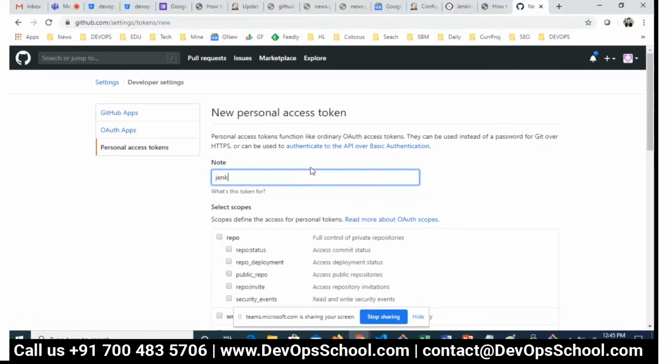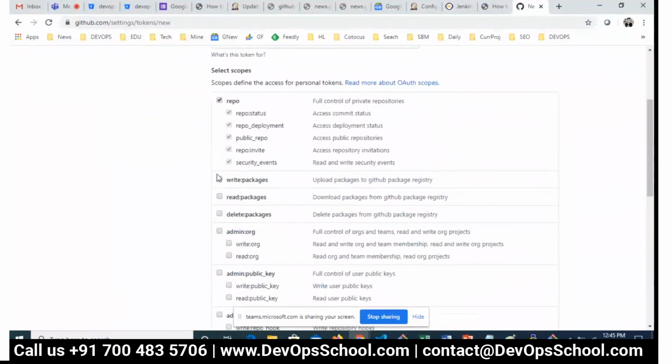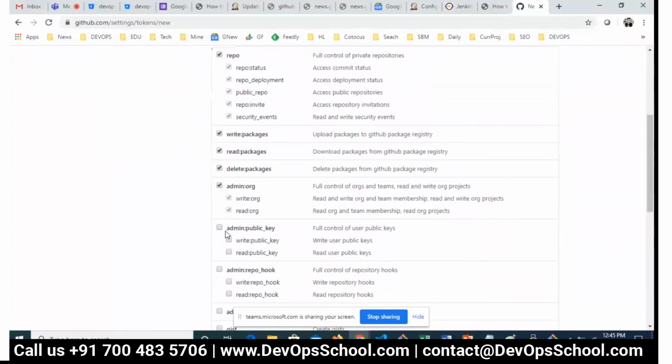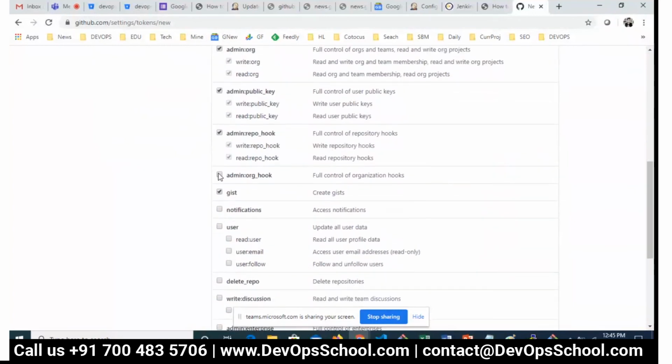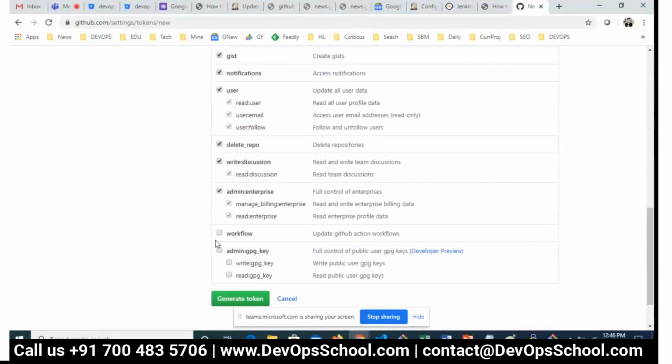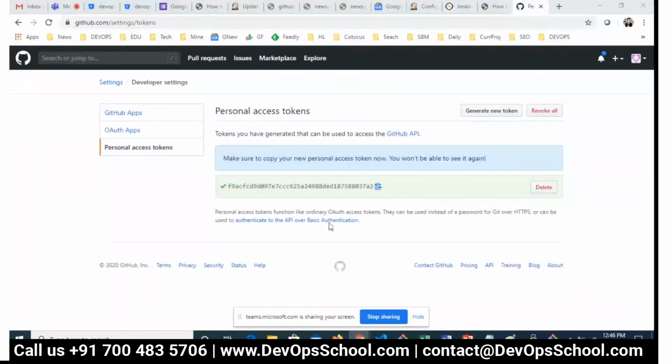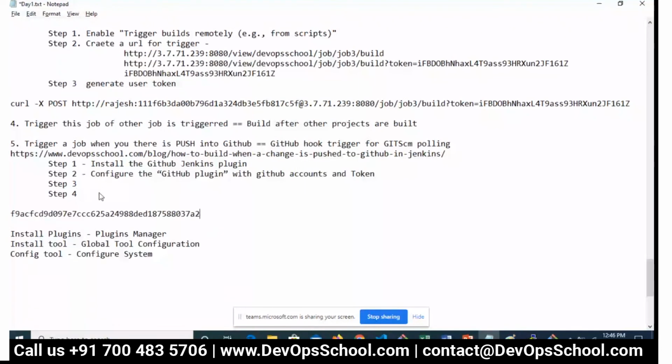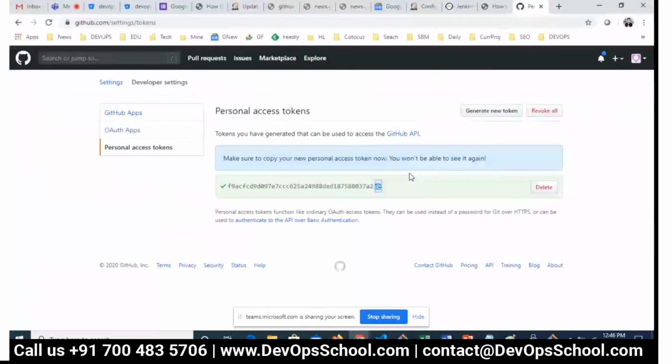I'm generating a token for Jenkins demo, and I will give all the access because I don't want you to get lost in these checkboxes. Explaining these checkboxes will take a longer time, and that's not our topic also, right? So just give all the permissions. This is the wrong practice, but I'm just asking you to do that because once you want to customize it, you can do it later. So guys, this is a token. I got it. So this token is ready for me. This token has access to modify any of my repositories or my stuff.